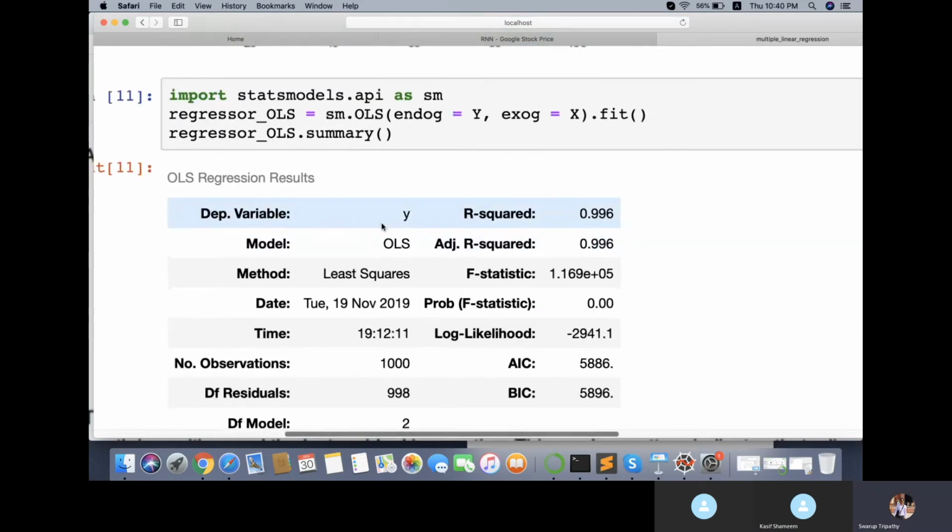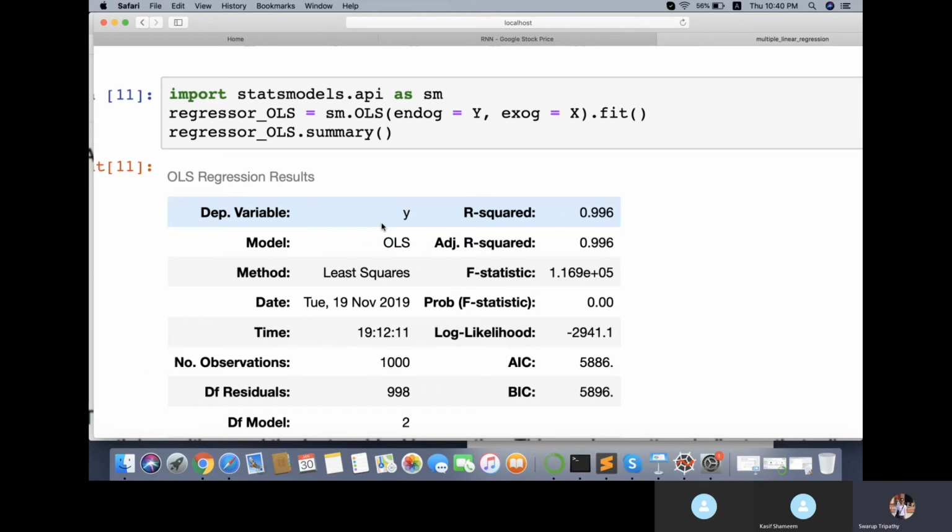Next, we can also do a test called the OLS test. This is also very famous, though you might not see it much on the internet. OLS stands for ordinary least squares. It solves everything using the ordinary least squares method. We have already done regression by finding B naught, B1, and that is the ordinary least squares method.